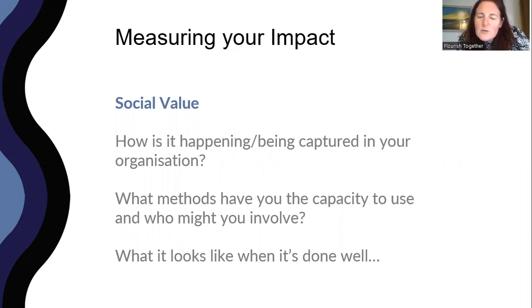Is there anything that you're doing currently, and you're going to build on what you started, basically? What methods, what have you got the capacity to do, you think, in terms of measuring this stuff, and who else might you need to involve? Something we'll think about, and what it looks like when it's done well. I'll give you some examples. But just thinking, where are you at in doing this is quite key to knowing what you're going to build